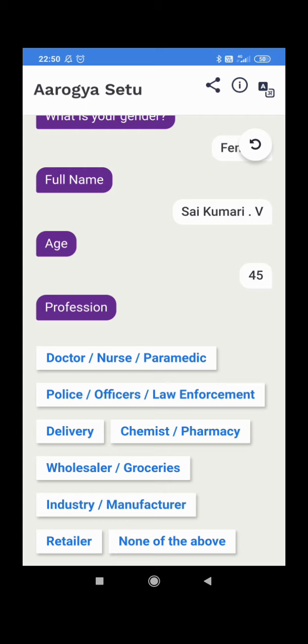Choices are doctor, nurses, paramedical, police, offices, law enforcement, delivery, chemist, pharmacy, wholesaler, groceries, industry, manufacturer, retailer, none of the above.